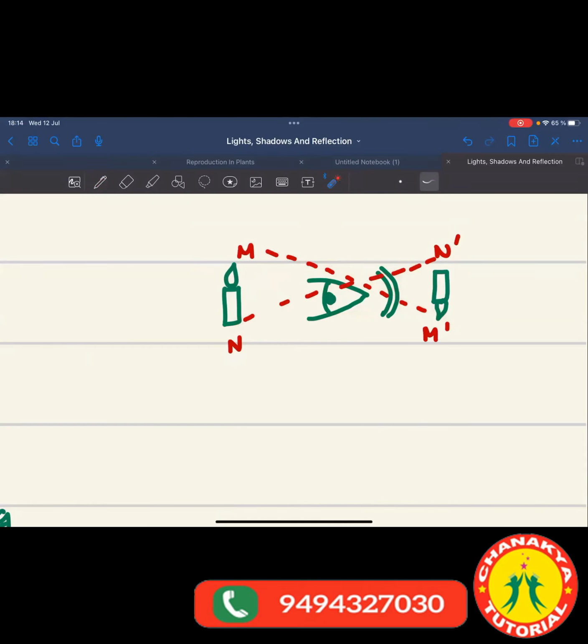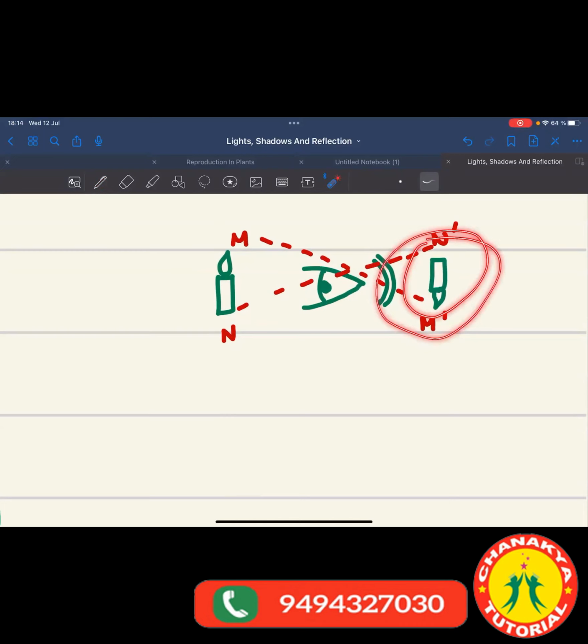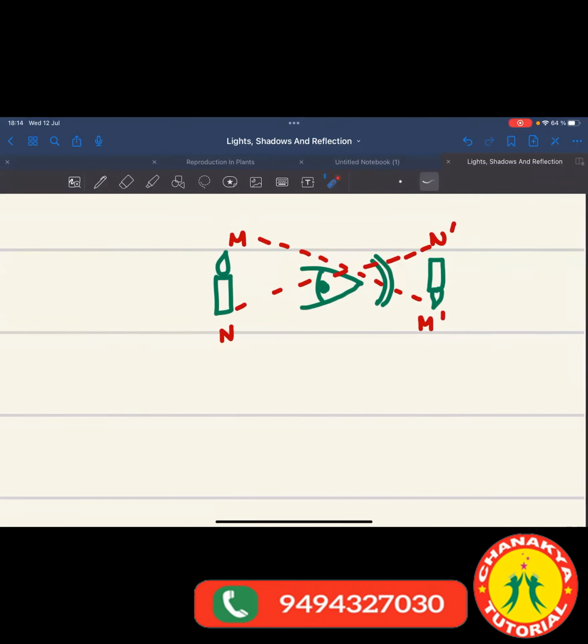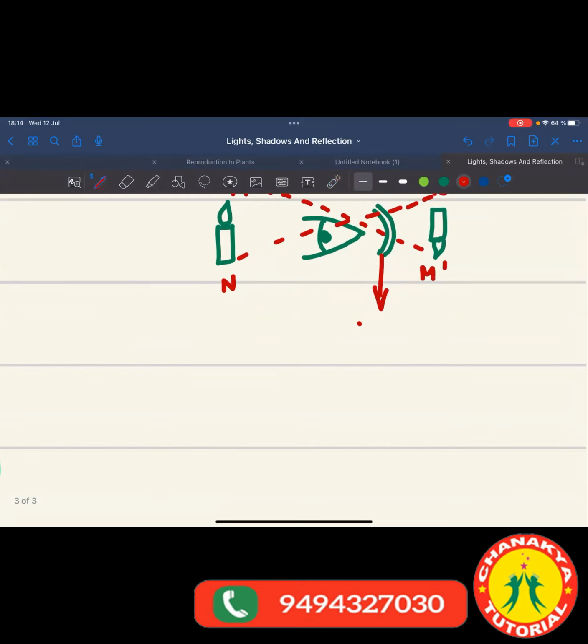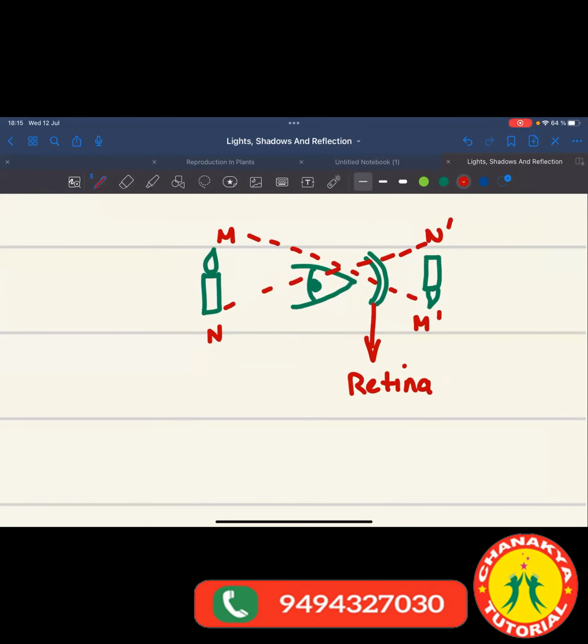So you might ask, the image that is being formed is upside down only. Then how are we able to see the candle straight? That function happens here, on this screen. This screen is called the retina. It is present in your eyes. So behind your retina,